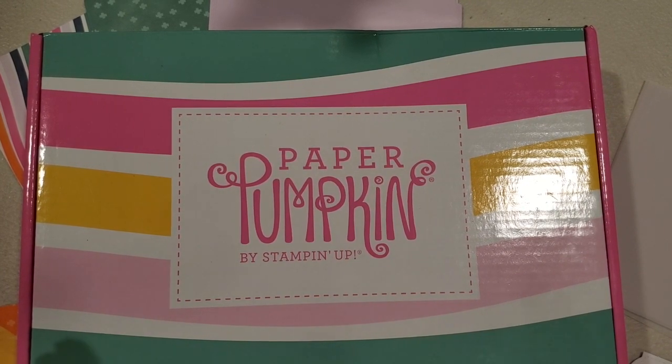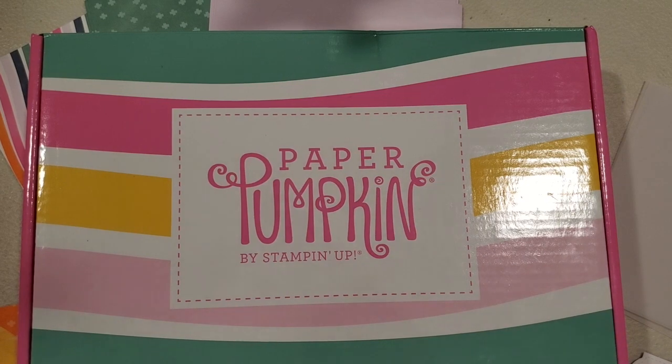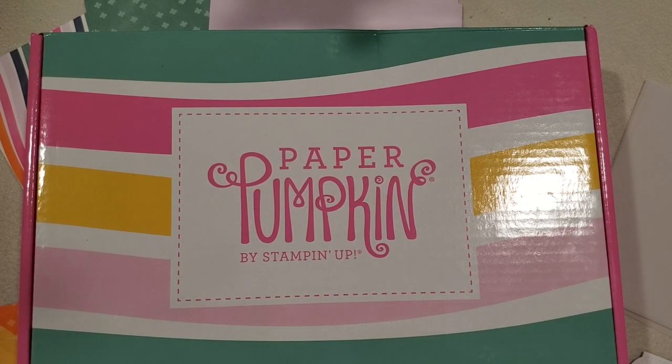It's been a while since I've been on here. Things have been busy. I've got a new addition to my craft room. Been having fun with learning how to use my new laser cutter, and hopefully I'll be putting some videos out